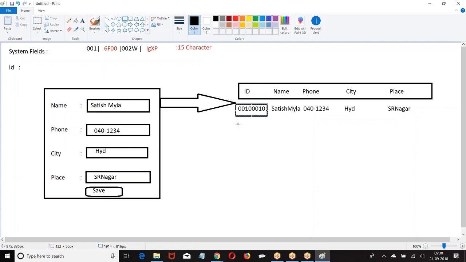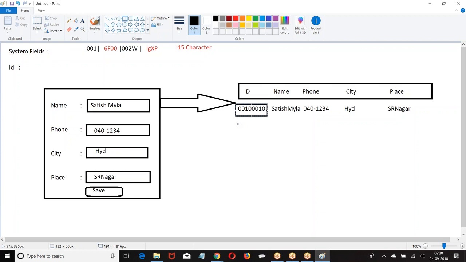When a record is created, a 15 character ID is created, which is case sensitive. To avoid this, 3 more characters are added and it is displayed as an 18 character ID. Actually, there is only one ID, visible as 15 or as 18. 18 means case insensitive, 15 means case sensitive. I hope you are good.